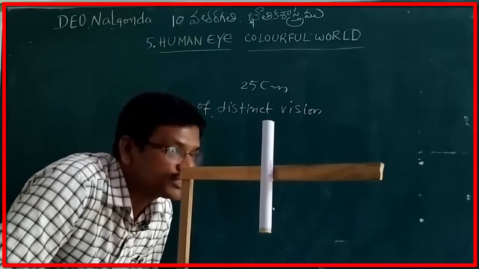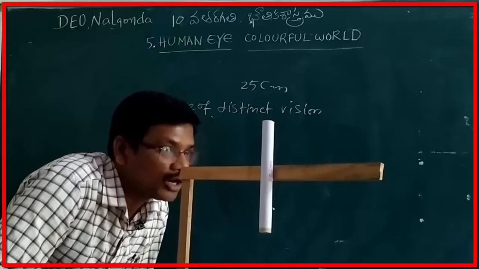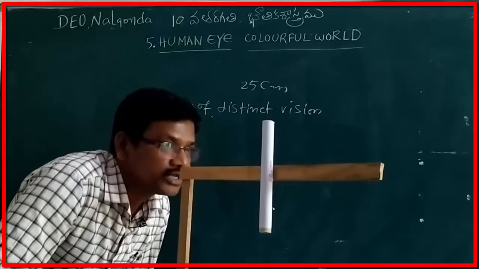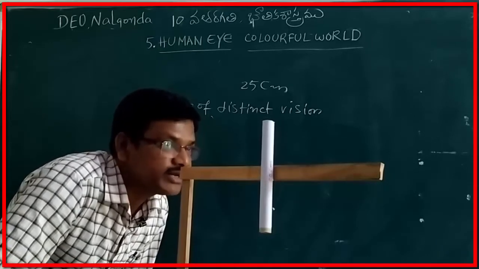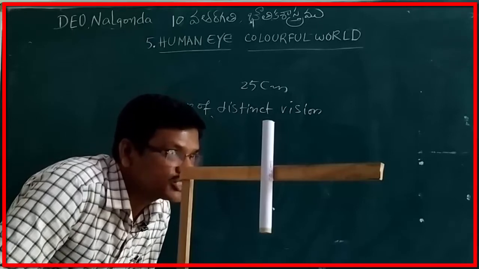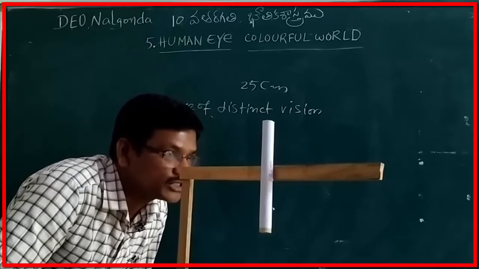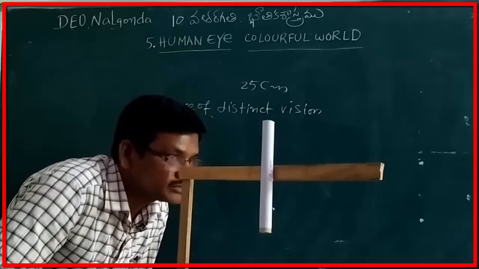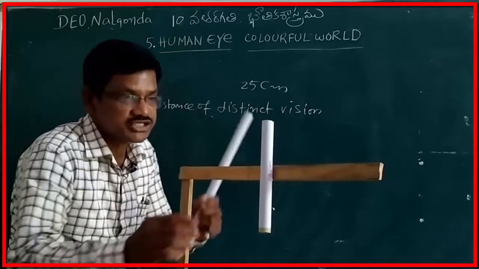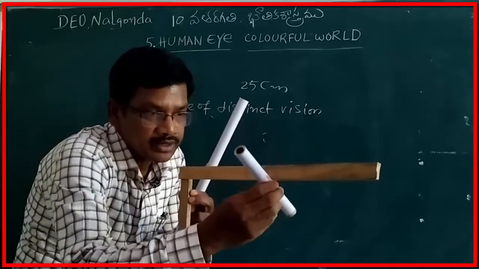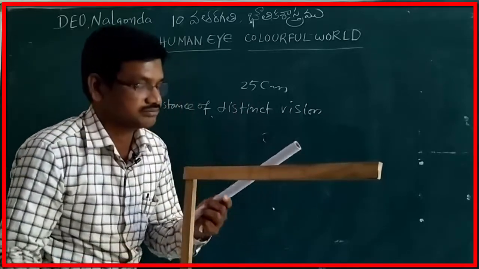Now, I am able to see the top and bottom of the rod clearly. It is a rod of length 20 centimeters and I could see top and bottom of it, placing my head near the horizontal rod. Now, I change this 20 centimeter rod and place